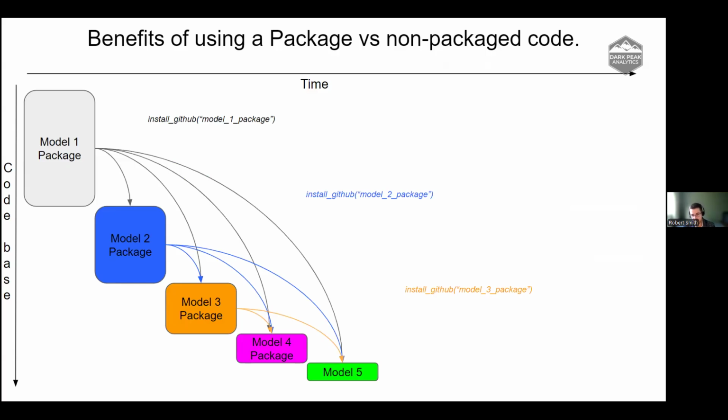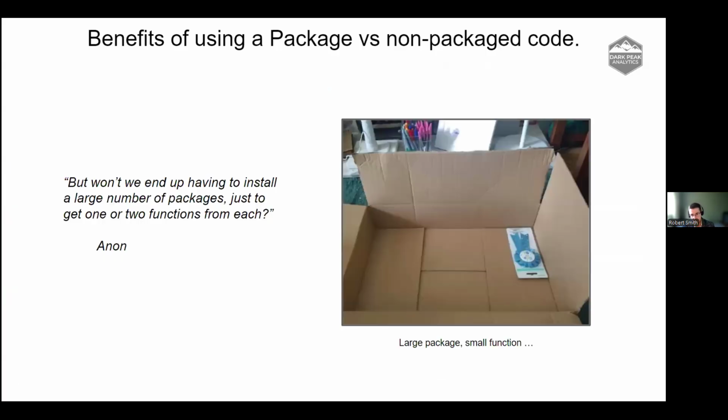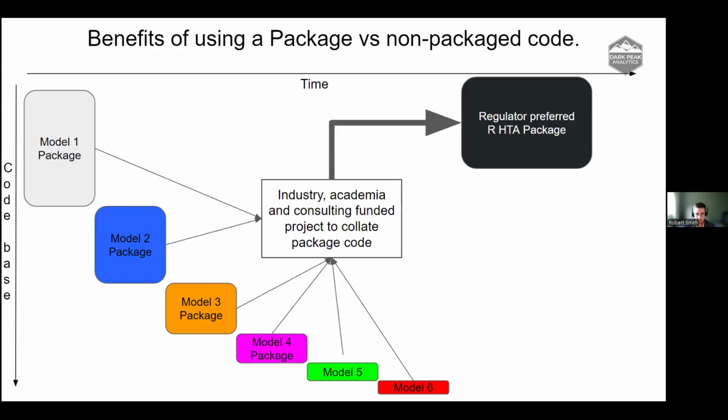And this is being done anyway, but in copy paste format rather than installing those models. But the problem with this is that we're having to install a large number of packages with previous models, just to get one or two functions from each. And so what we're calling for is an industry, academia, and consulting collaboration to take from these different models the useful functions, so that we're not all reinventing the wheel and writing our own function